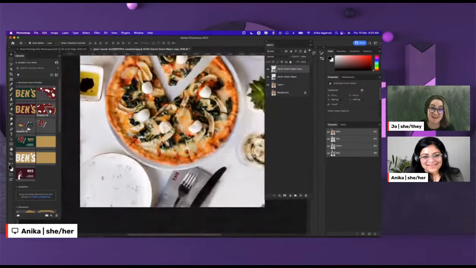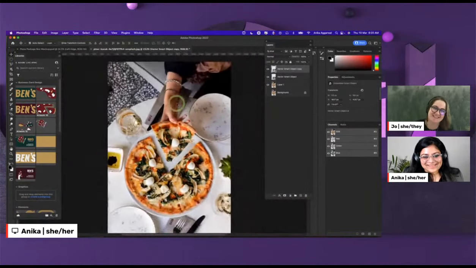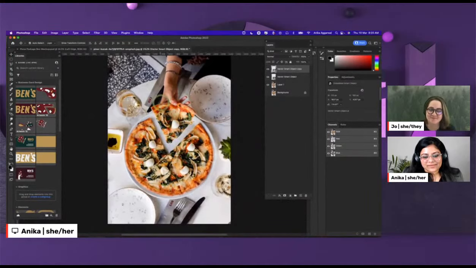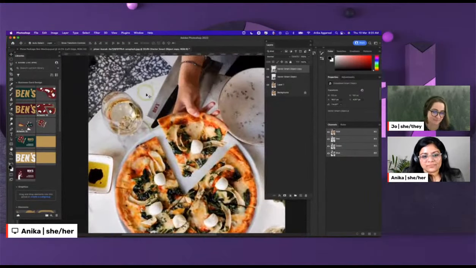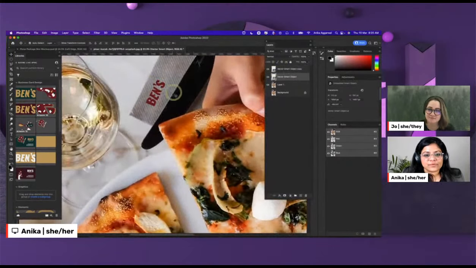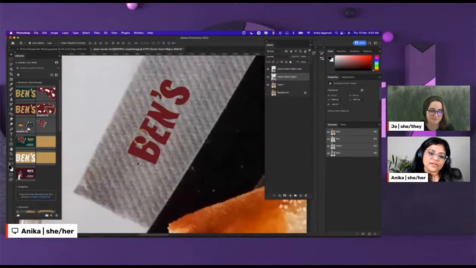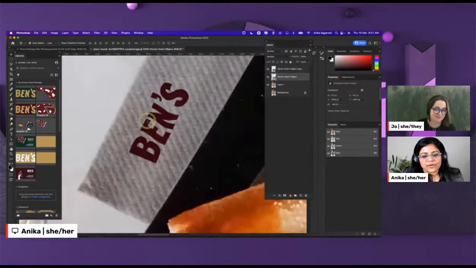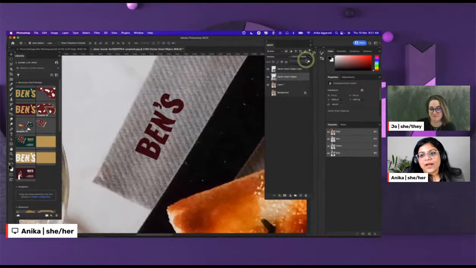This looks very unnatural right now because it's just too sharp to be on a napkin. So I'm just going to go over here and first of all change the blend mode so that it gets some of that texture. If I really zoom in, you can see the text that I had. I'm going to change it to multiply real quick, and you can see a little bit of the texture comes through. I can change the opacity, turn it down to maybe something like 84%